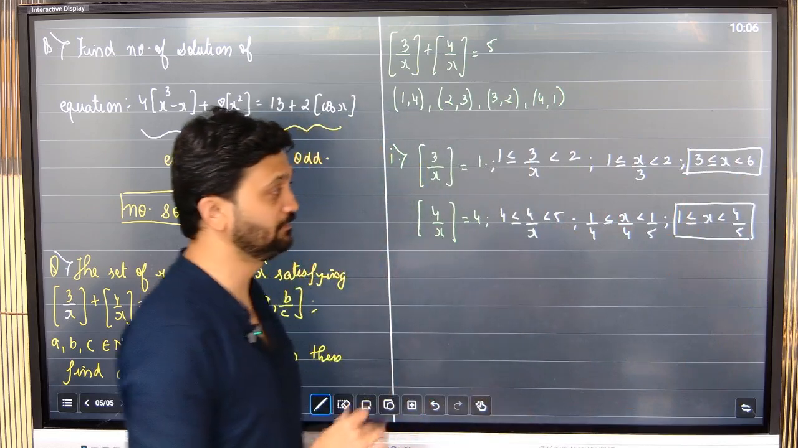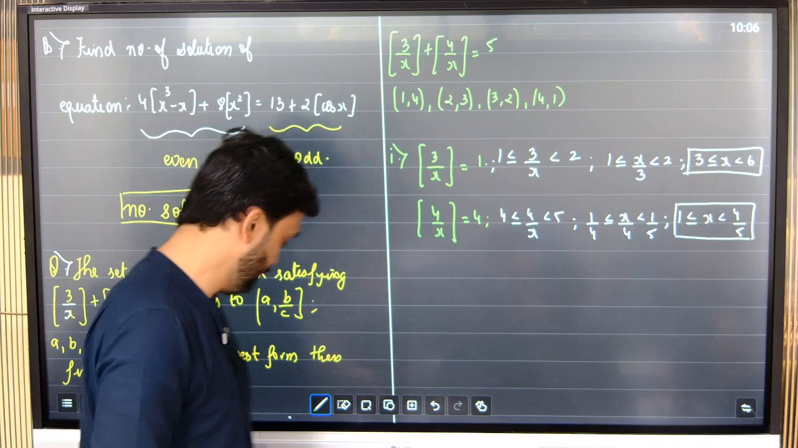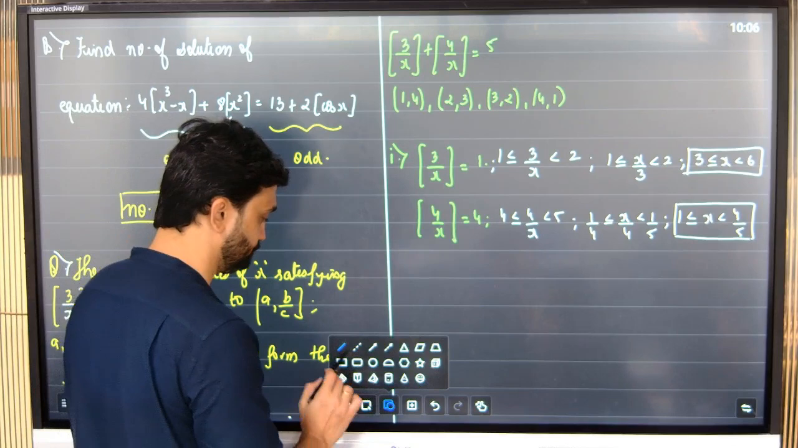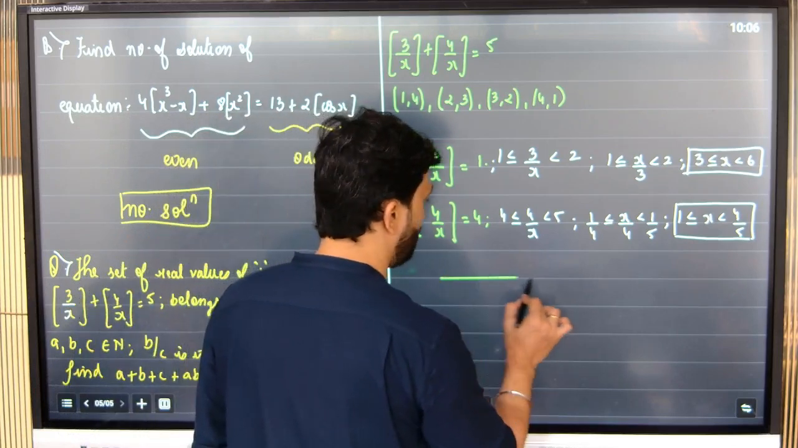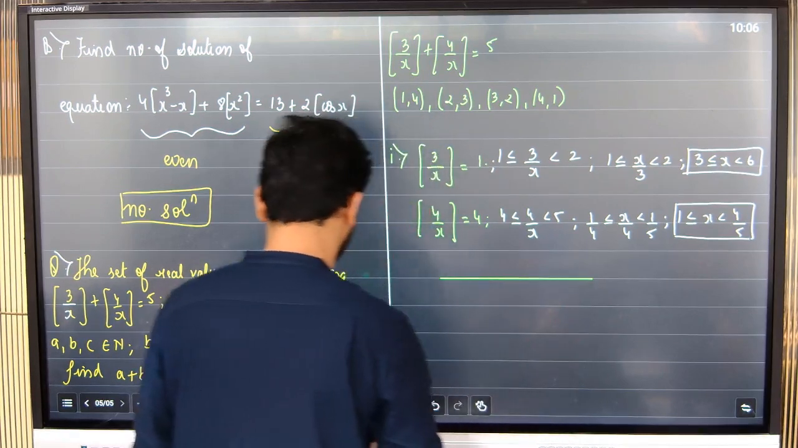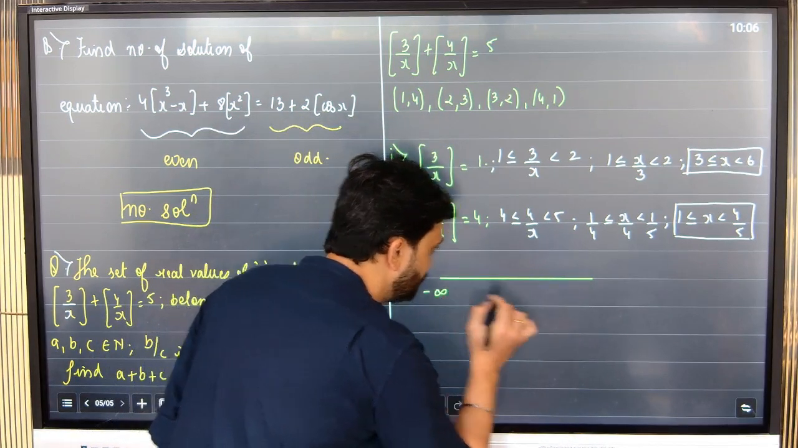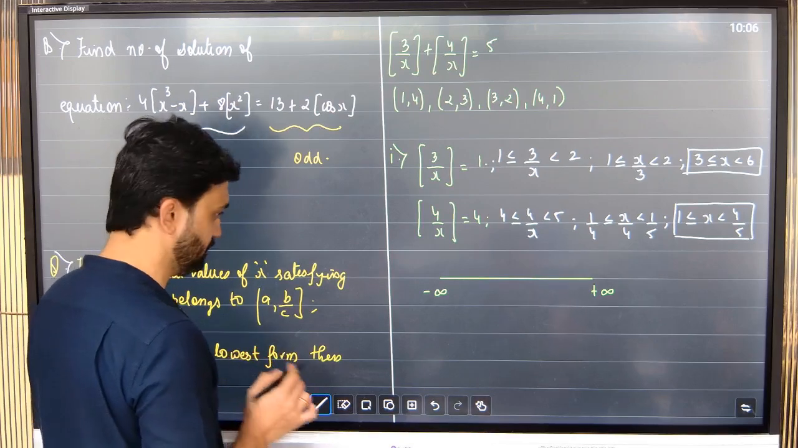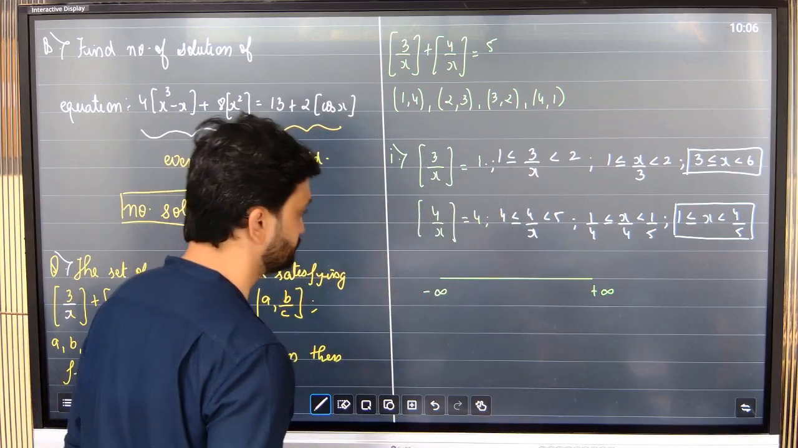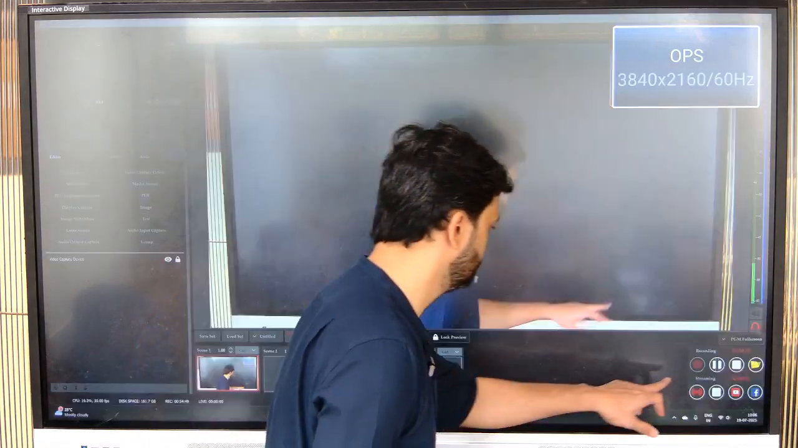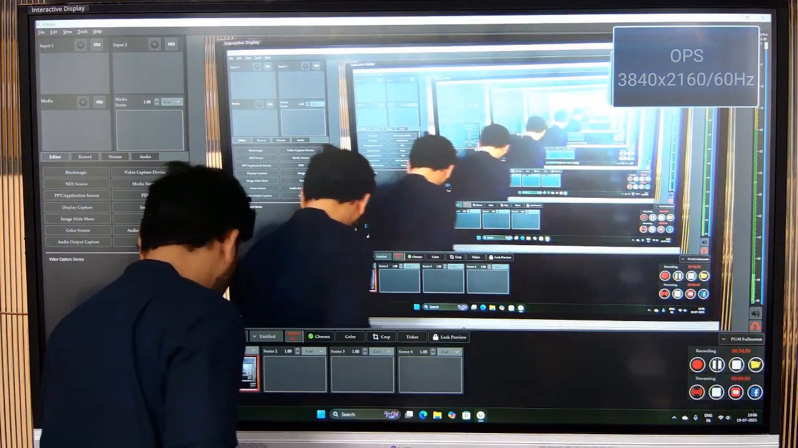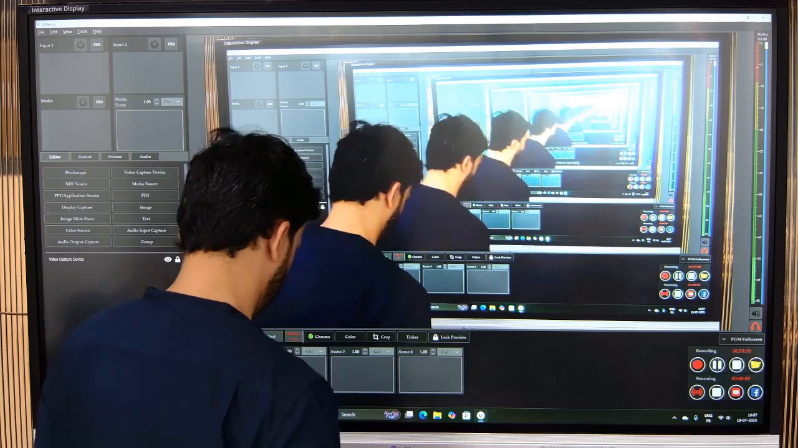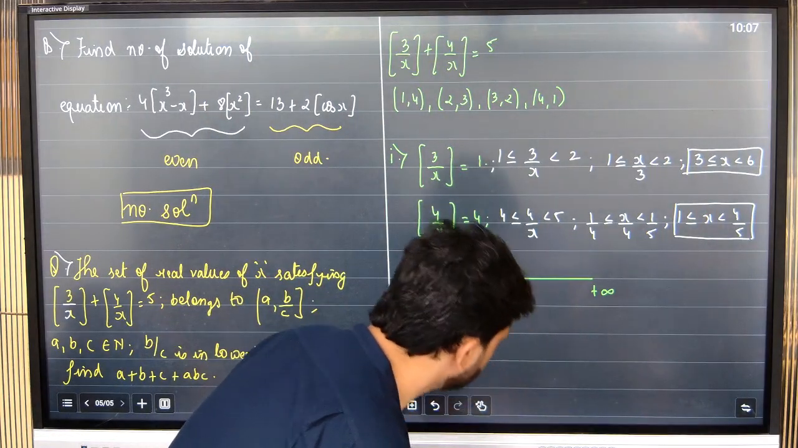अब मेरे पास दो आंसर. Now I will figure out, is there a common part of it? अब ये है माइनस इन्फिनिटी, ये है प्लस इन्फिनिटी. ओके, सो नाउ